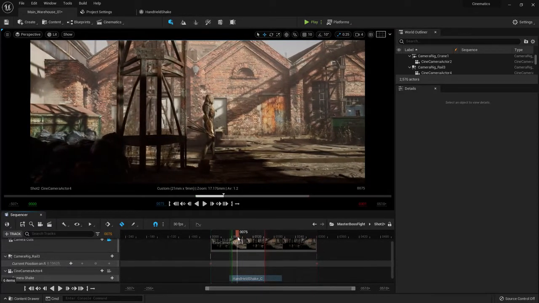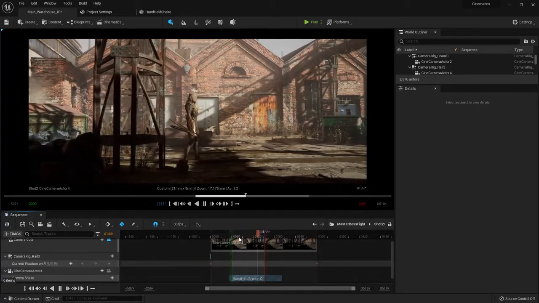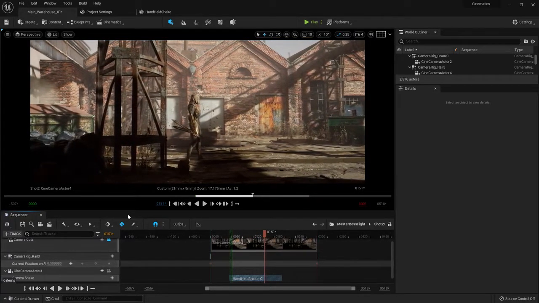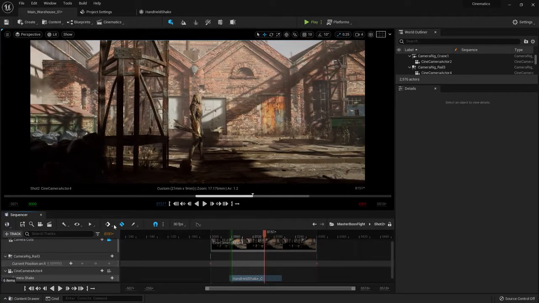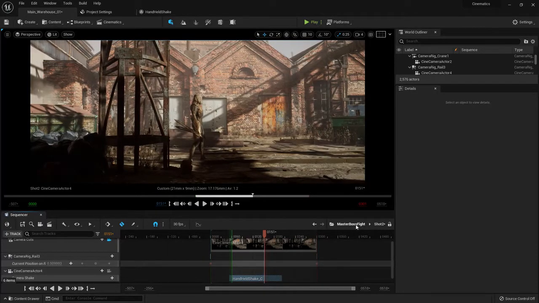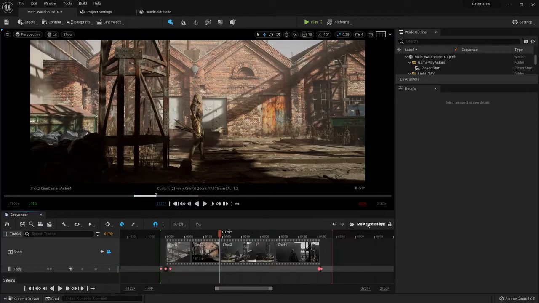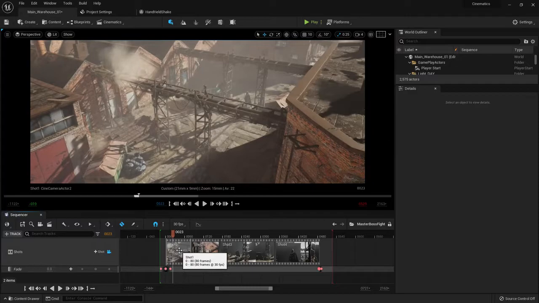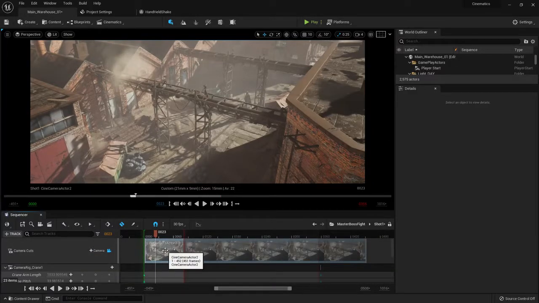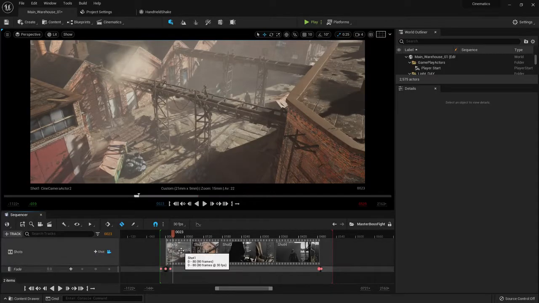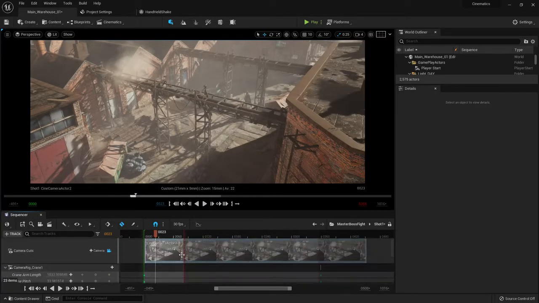And then we can just apply this to the rest of our cameras. So let's go into our other shots. We can go back to master boss fight. If you didn't catch that, by the way, you can open up all of these sub shots from our master shot here by double clicking. And then we can go back to the master by just clicking up here. So let's hop back into